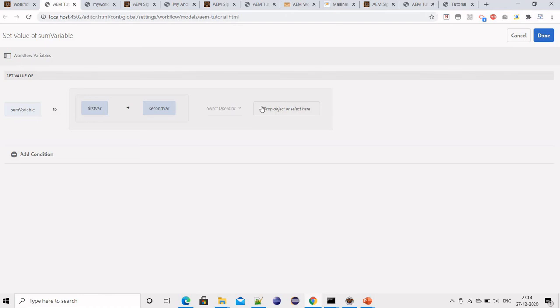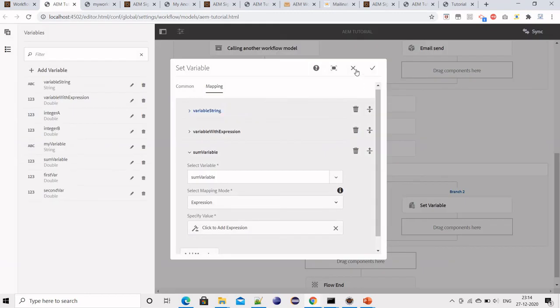Something is added, it's not actually needed, but this is how it is, and we can add multiple things, maybe another one I have taken. So the value will be assigned to some variable. This is how we use the set variable component.